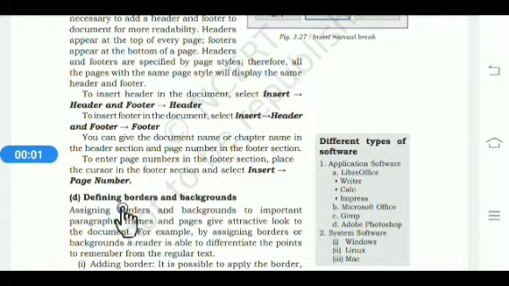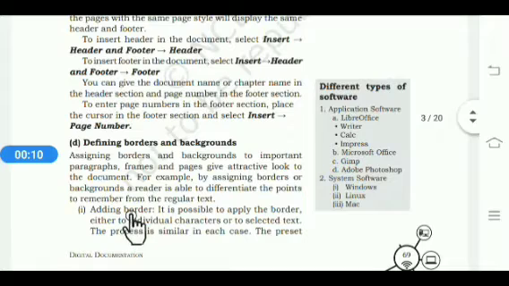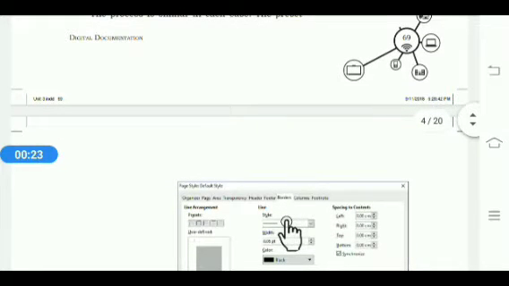Next is defining borders and backgrounds. Borders and backgrounds give an attractive look to your document. First is adding a border. It is possible to apply the border either to individual characters or the selected text. For this, follow the given steps. Firstly, click on the Format tab, then click on Page option, then the Page Style dialog box will appear.